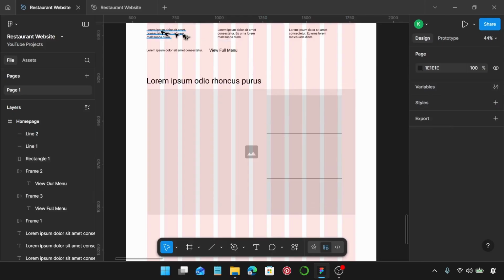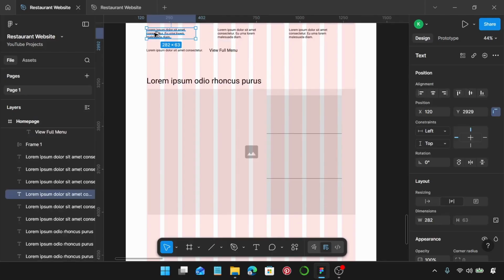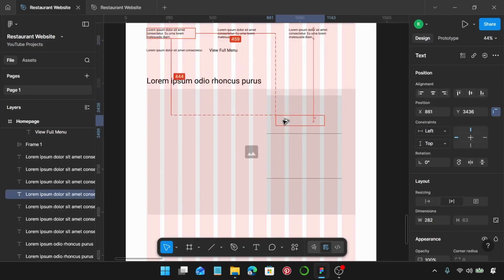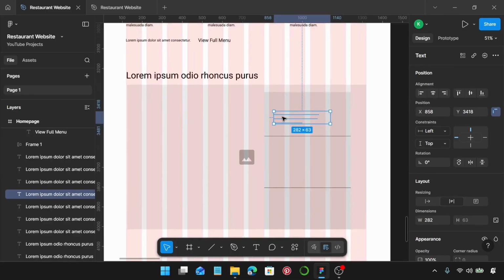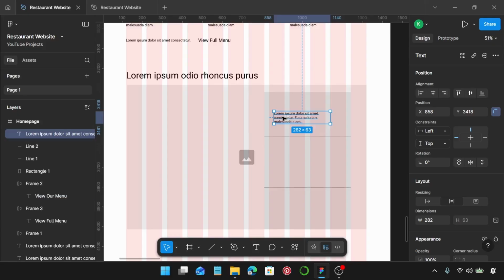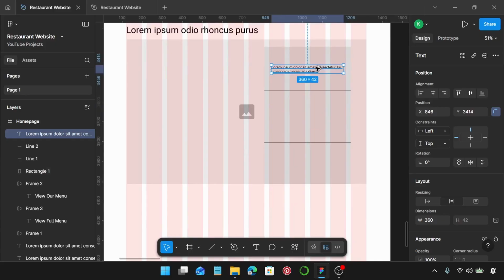I'm just going to come over here, hold Alt, and create a copy of this text. For me it's still behind this rectangle, and I want it to be in front, so I'm going to use my right square bracket to bring it to the front, and I'm just going to extend this so I will have our text on two lines. Once again, it doesn't need to be perfect,